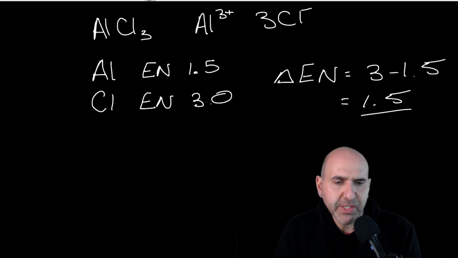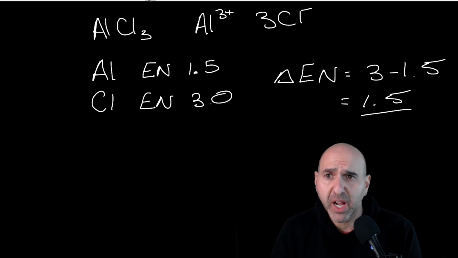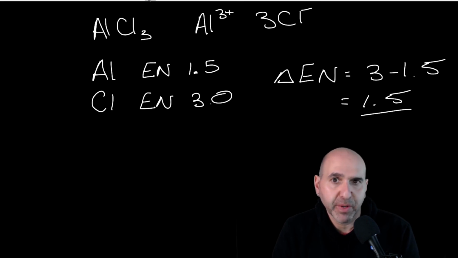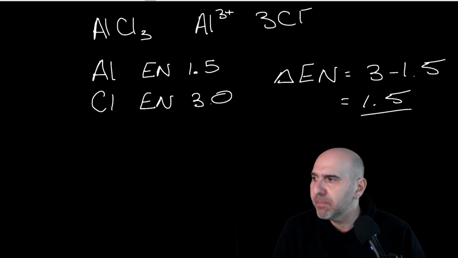So this bond falls into the polar covalent range of bonds. And in fact, what does this mean, right? We still can treat this as an ionic compound. It kind of behaves, in terms of how it dissolves in water, as an ionic compound. Well, this is what it means. In general, ionic compounds have much higher melting points than covalent compounds because the ions are held together very tightly by the lattice energy. So compounds that have covalent character show up sort of somewhere in the middle